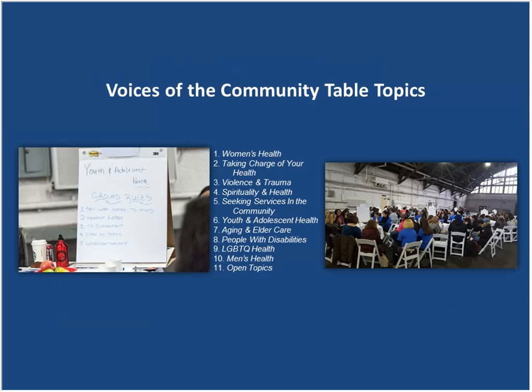So I have only 2 more slides for this section, and I just want to tell the scholars and people on the call how we actually did this. So the first thing was that, as you can see from the Armory picture, there were tables that you could attend, and the tables were women's health, taking charge of your health, violence and trauma, spirituality and health, seeking services in the community, youth and adolescent, aging and elder care, people with disabilities, LGBTQ health, men's health, and an open topics table. So first we collected all the listening session data by table,